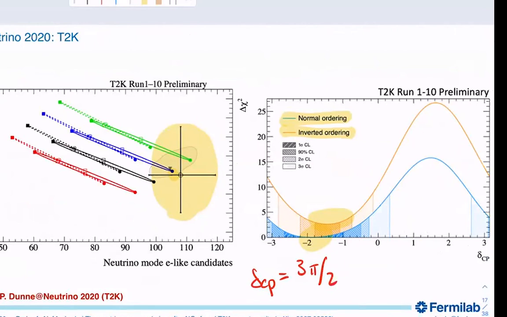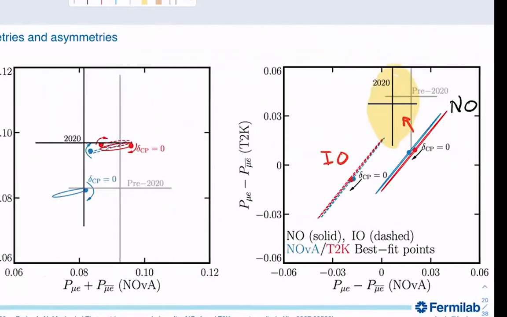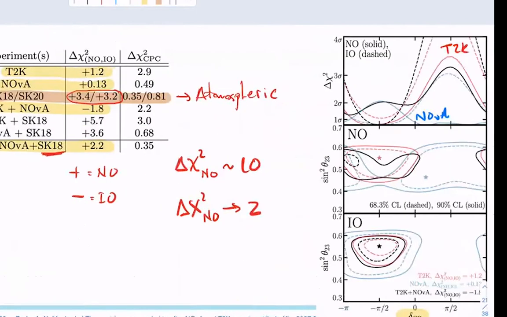So basically 2 experiments are now pointing in the same direction. 2 experiments started pointing more into inverted ordering. And even in normal ordering, what these 2 experiments prefer is not compatible. So in some sense, you are losing 3 times. NOVA moved a little bit closer to inverted. T2K moved a little bit closer to inverted. And the combination of these experiments now does not want normal anymore because they're in tension. I think the combination of these 3 effects is what is taking away the strong hint for normal ordering.